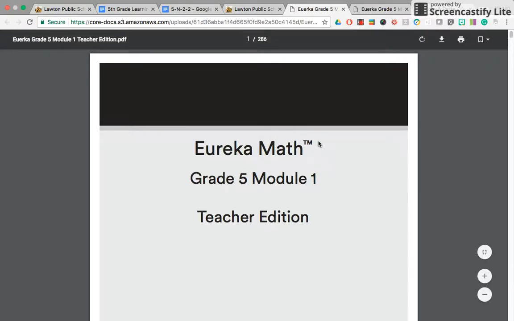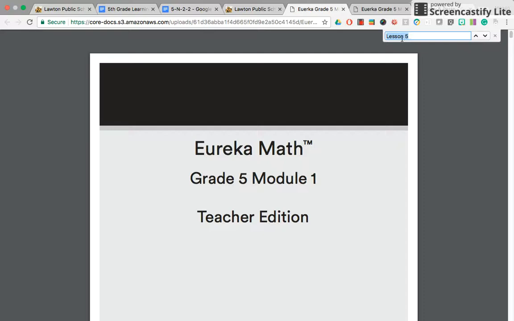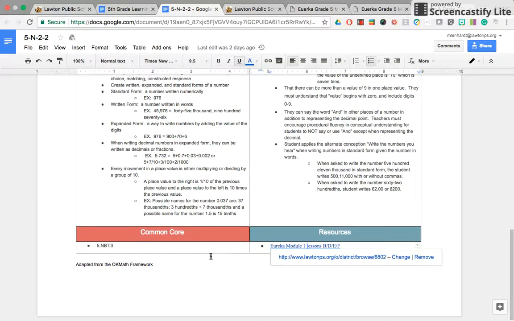So you have this document. If you hit Control F, a box pops up right here on the top of your screen. If you type in what you're looking for, which right now I've typed in Lesson 5, and when I go back to this document, it tells me the standard right here. So I'm looking for